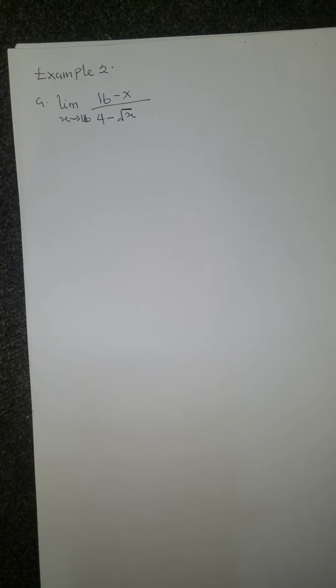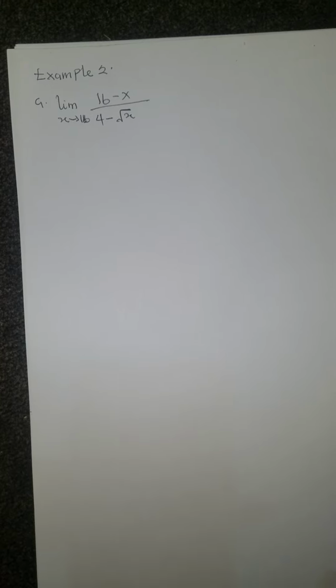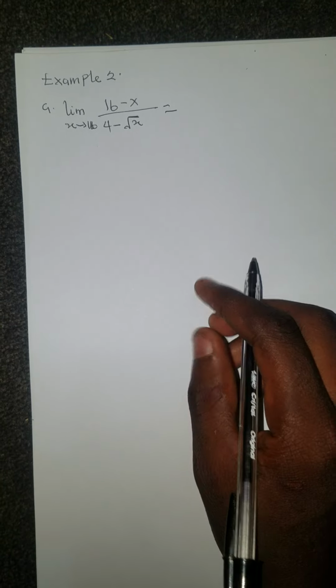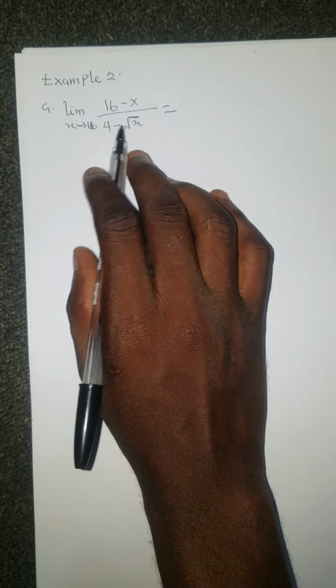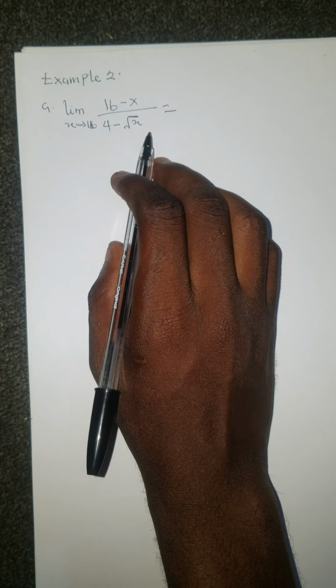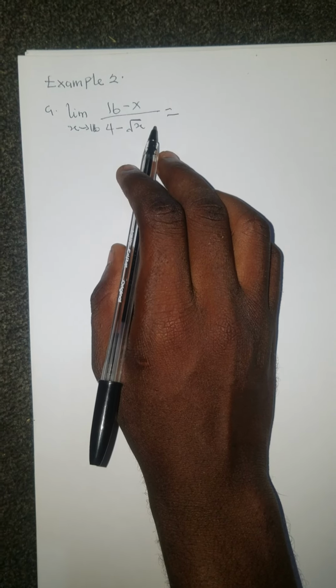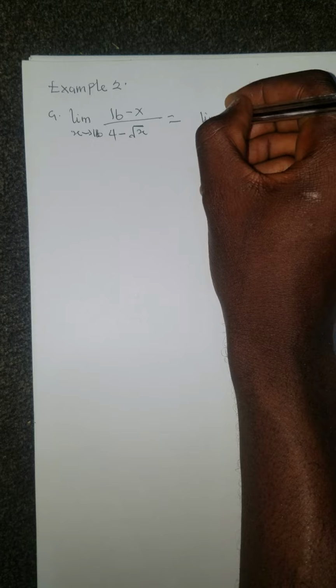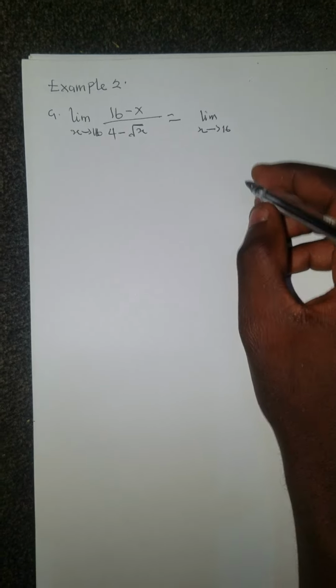Now, we are solving this. So we all know that when you are having a question like this, what you do is that to rationalize the function, you multiply both the numerator and the denominator by its conjugate. So we have lim where x is approaching 16